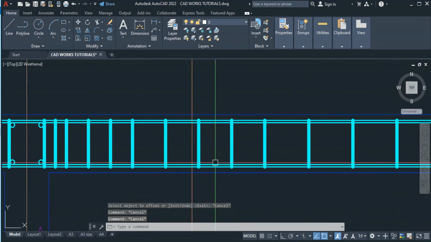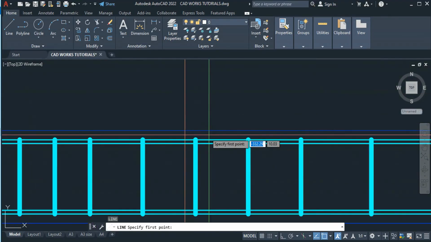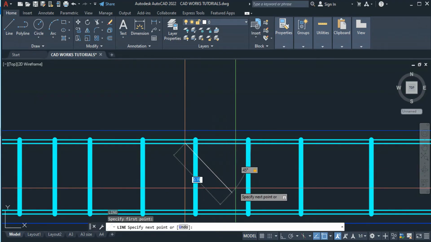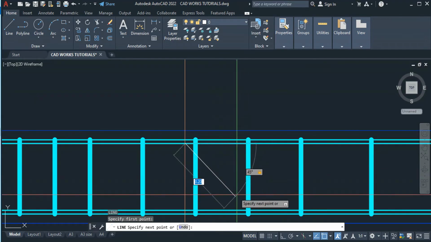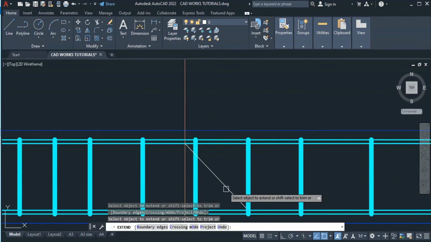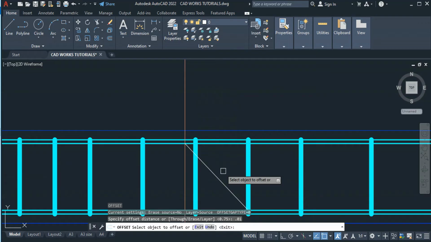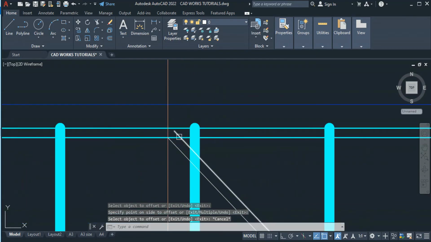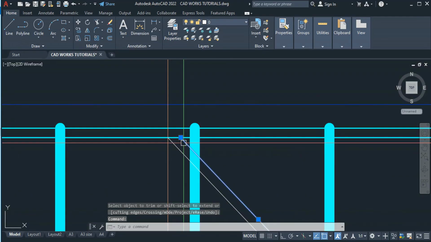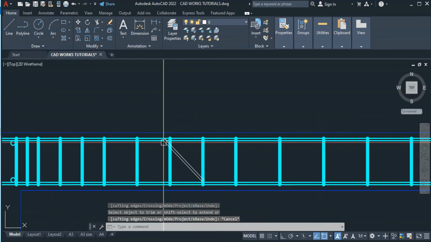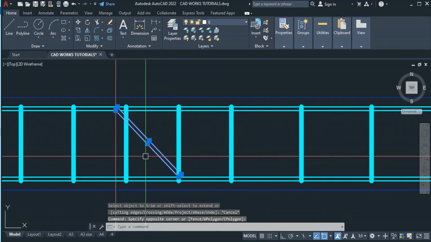So, once you're done, I'm going to make a line here which is at 45 degrees. So, tab natin siya 45, enter. Okay? So, click lang natin siya hanggang dito. 3, extend the drawing, which means the drawing is still there. So, offset ng 0.01 for the steel bars here. Then trim the excess drawing, or you can extend this one. Okay, and then trim this drawing here. So, after natin dito, okay,